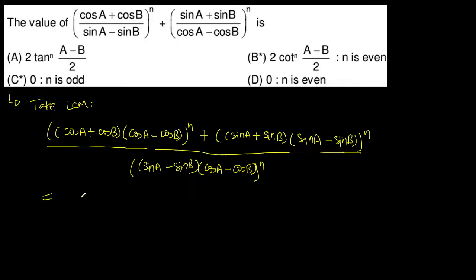कॉस स्क्वायर ए माइनस कॉस स्क्वायर बी इज क्या होता है, साइन ए प्लस बी इंटू साइन ए माइनस बी, क्या यही होता है ना। साइन ए प्लस बी इंटू साइन ए माइनस बी विद माइनस साइन। साइन स्क्वायर ए माइनस साइन स्क्वायर बी इज साइन ए प्लस बी साइन ए माइनस बी।